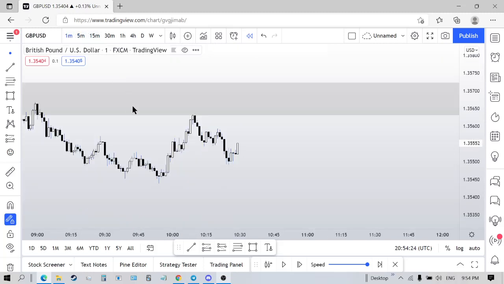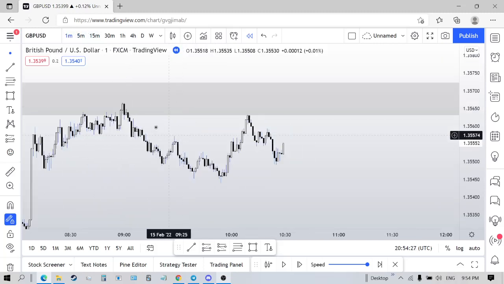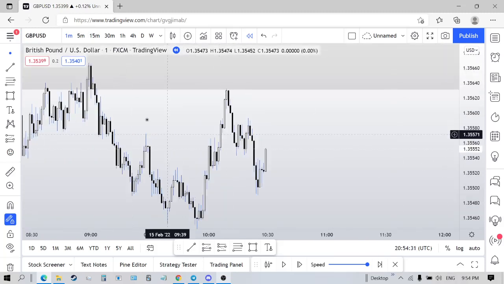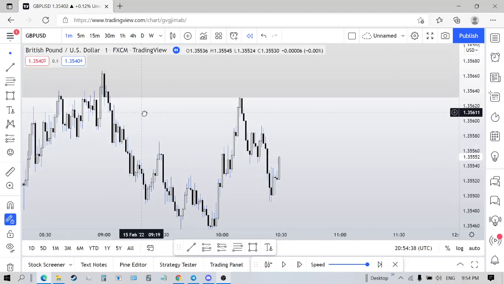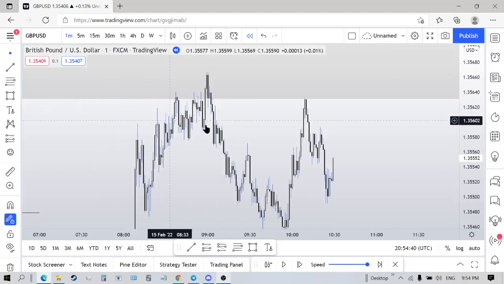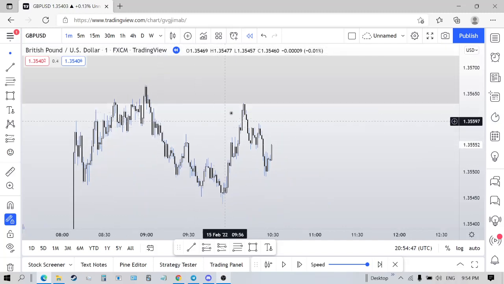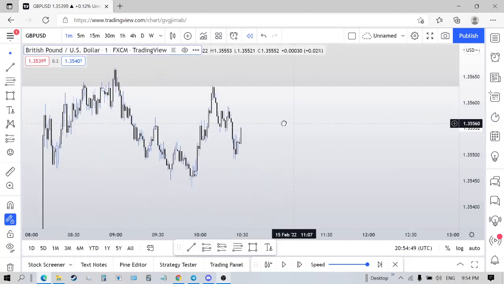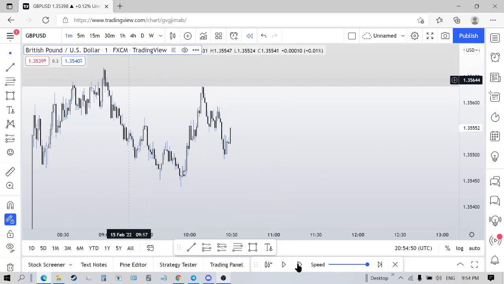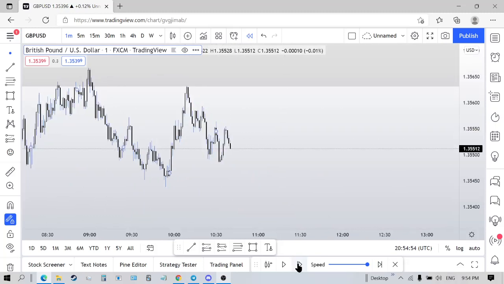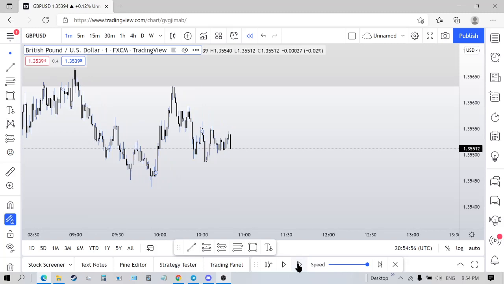Now I didn't take this entry right here because in my plan, this entry didn't follow any of the rules in my plan, right? So I'm not looking for an entry here. Besides on the 3 minute, yeah, it was there. But on the 1 minute and 5 minute, which I was looking at, then no. So here's one entry here. Now I noticed that price is going down, right? We're getting displacements lower.